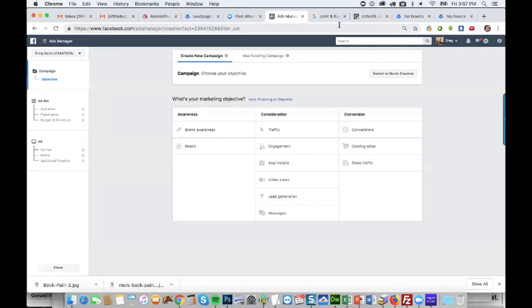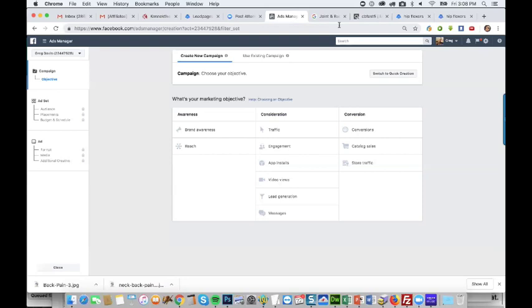So you would do that before you actually went live, because it's really important to have that pixel there. Basically what's going to happen is Facebook is going to be able to see where all your sales come from, and then based on that, they can go after traffic that will be more likely to get you more conversions. So basically Facebook can kind of learn how to sell your stuff for you.